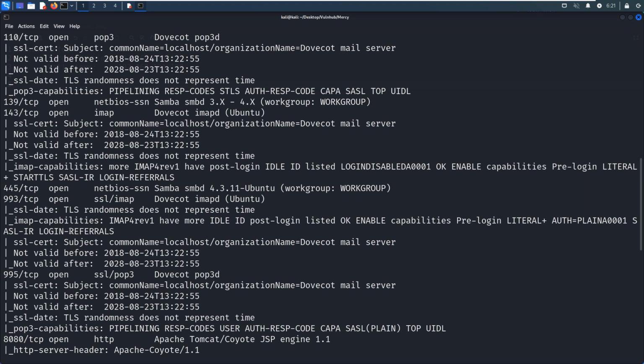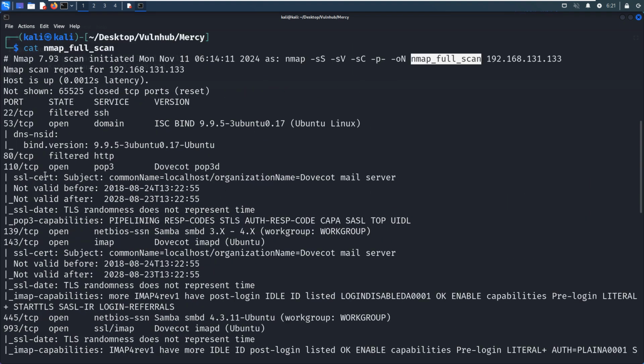Besides open port numbers, we can also see some filtered port numbers, like 22 filtered, and 80 is filtered as well. It means that possibly we need to unlock some ports in order to let them open. We need to keep this in mind as we move forward.